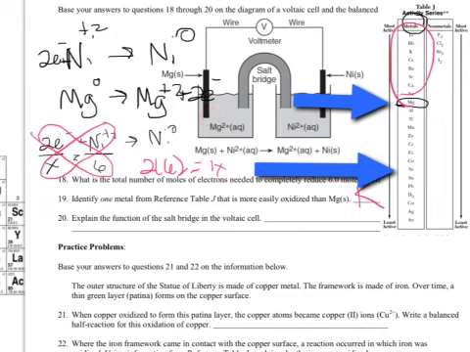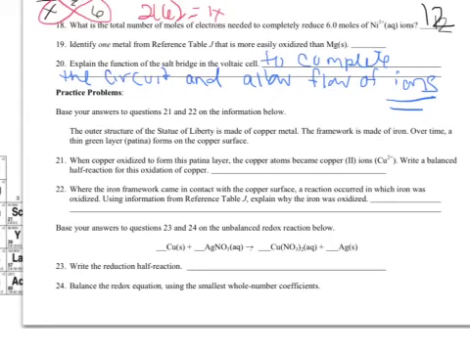Now, of course, the salt bridge contains two kinds of ions. It contains anions, which travel towards the anode, where electrons are lost, and it contains cations, which will travel towards the cathode, where electrons are gained. This helps maintain the charges of the electrodes and continue the flow of electricity. The next question is a reading passage, and it asks us to write a half reaction that represents the oxidation of copper, where copper